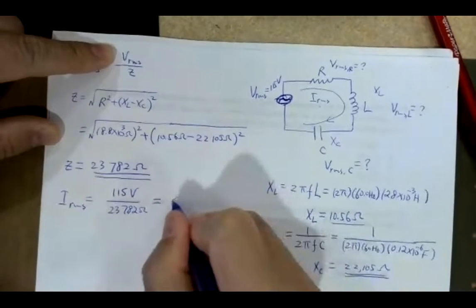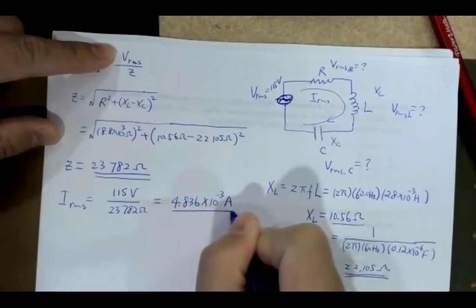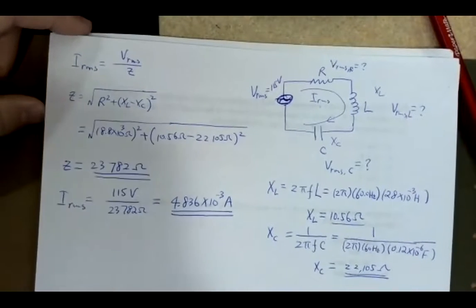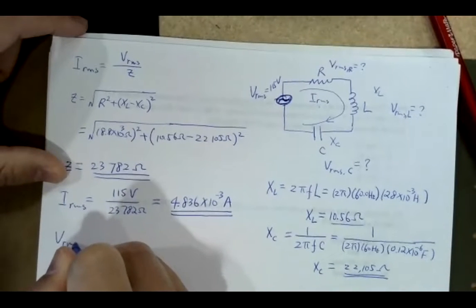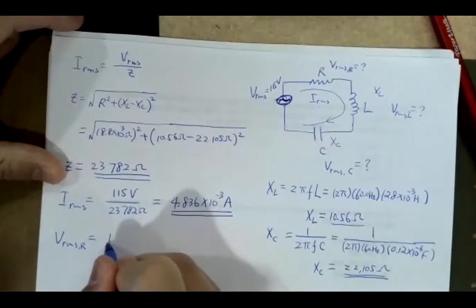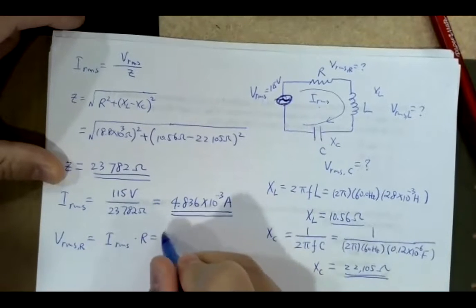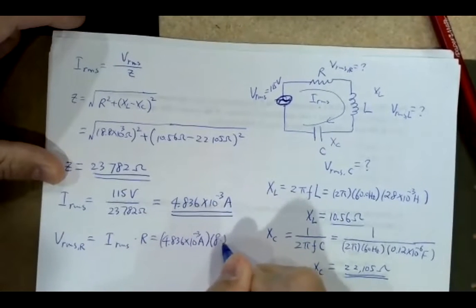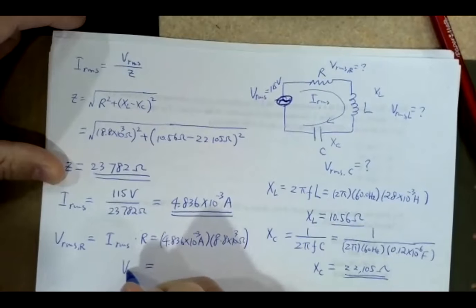So that will give you 4.836 times 10 to the minus 3 amps. All right, that's your root mean square current in the circuit. After that, you can calculate what would be the root mean square voltage on the resistor. So root mean square voltage on the resistor should be equal to the root mean square current times the resistance. Okay, so it's this number times 8.8 kilo ohms. That would be equal to